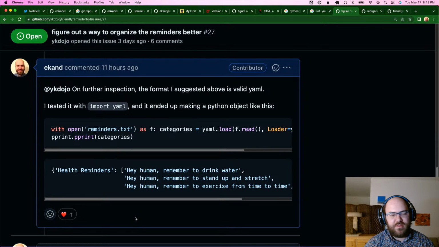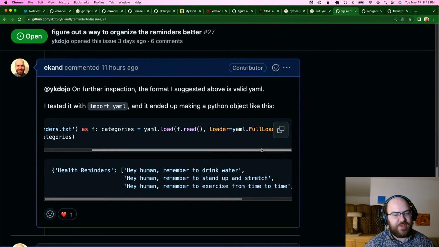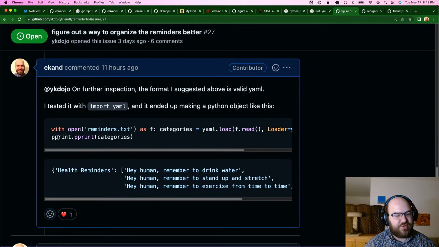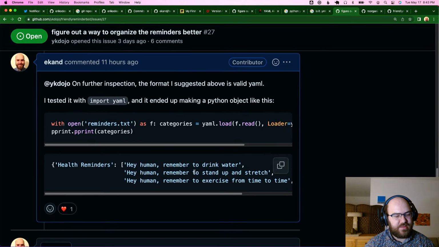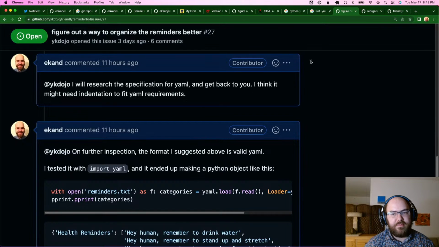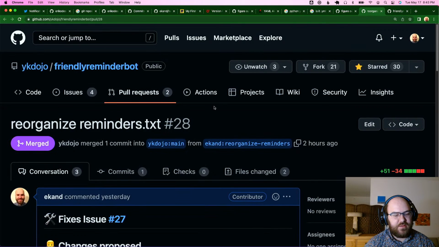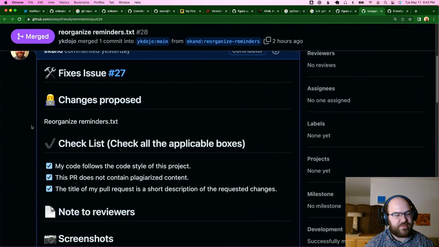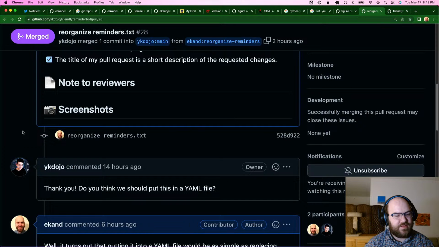Neat. On further inspection, the format I suggested above is valid YAML. I tested it with import yaml, and it ended up making a Python object look like this: with open reminders.txt as f, categories equals yaml.load, f.read, comma, Loader equals yaml.FullLoader, pprint.pprint categories, and it looks like this. So in the middle of that conversation is the time that I opened this pull request, and 14 hours ago,